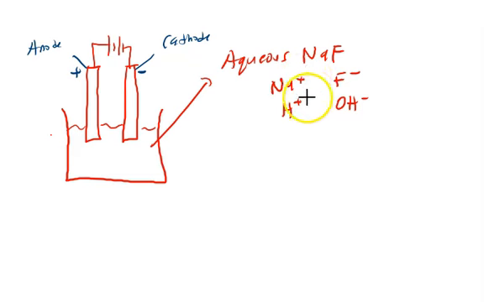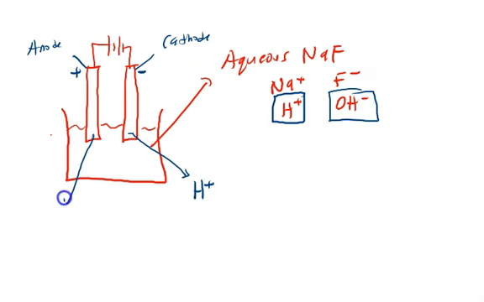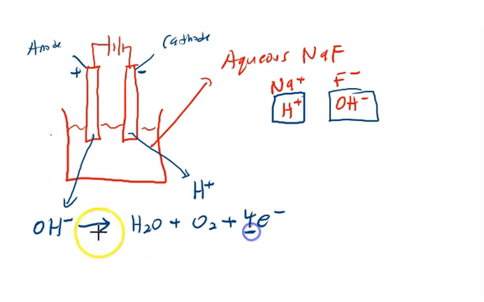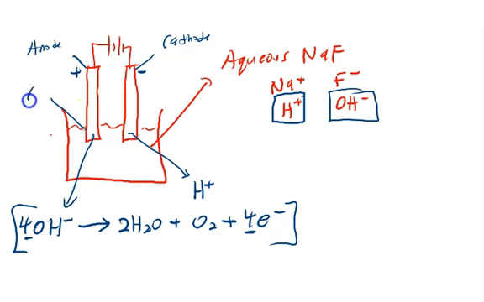So over here we need to follow the electrochemical series. So here you have hydrogen for the cathode, and hydroxide will be discharged at the anode side. Okay, so please remember the equation. If you have hydroxide, you will have water plus oxygen. Okay, and remember there are 4 electrons here and 4 over here. Once you balance, you'll be getting 2 water. So at this anode, you will have oxygen gas released,